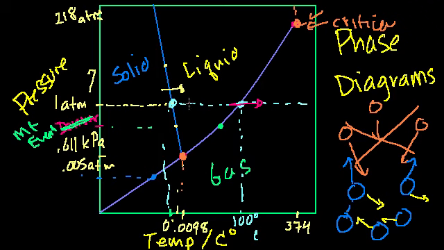Actually, everything I've done so far was at a constant pressure and I changed the temperature, but you can also read them the other way. If I'm at, let's say, 110 degrees at sea level, that is comfortably in the gaseous phase, so this is 110 degrees for water, it's water vapor. But if I were to increase the pressure, and keep increasing the pressure, and maybe I dig a hole or go into the ocean, then it's going to condense into a liquid. If I did that experiment here,